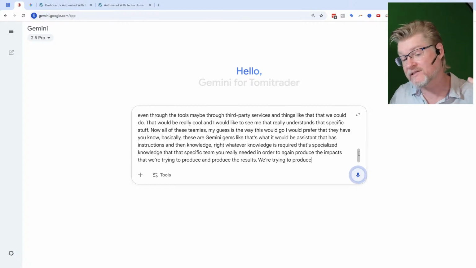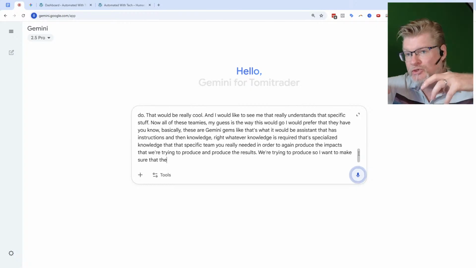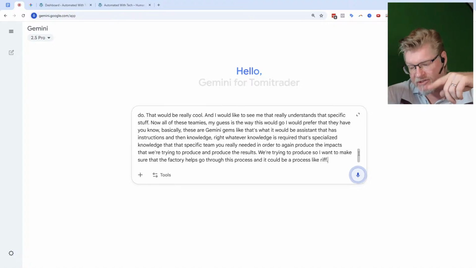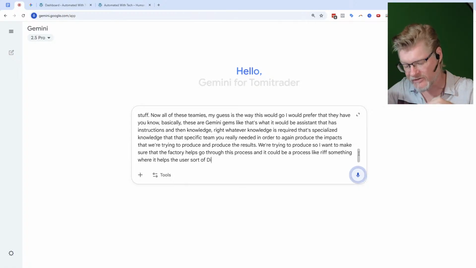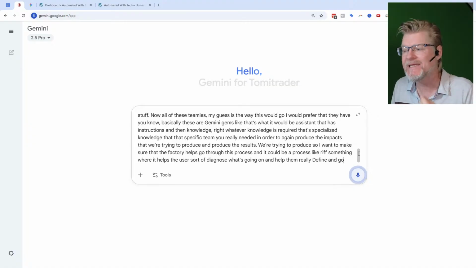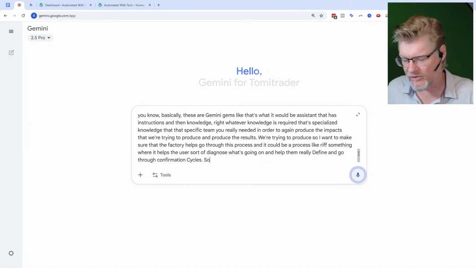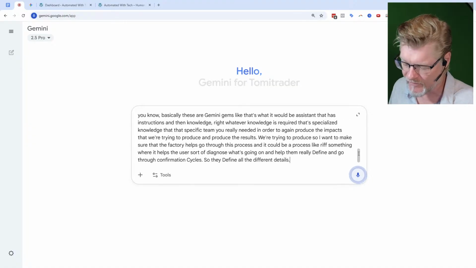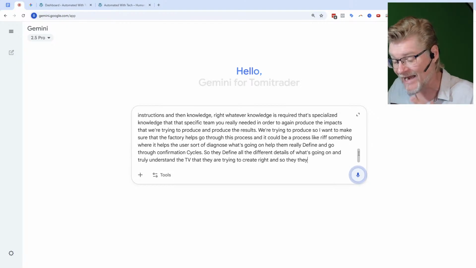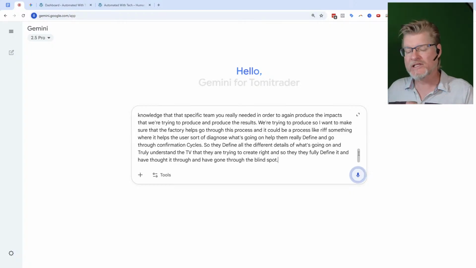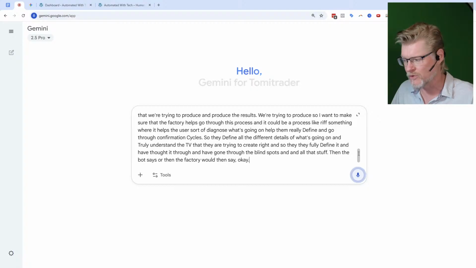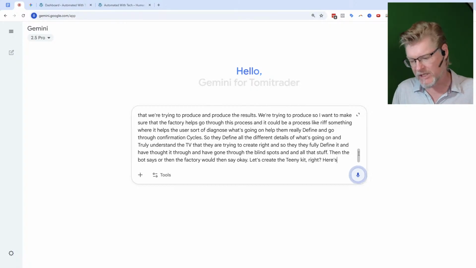And it could be a process like RIFf, where it helps the user diagnose what's going on, and helps them define and go through confirmation cycles so they define all the different details of what's going on and truly understand the Teamie that they are trying to create, right? And so they fully define it and have thought it through and have gone through all the blind spots and all that stuff. Then the factory would say, okay, let's create the Teamie kit, where here's the impact that's going to happen from this. And assuming the user goes, yes, that's confirmed, we now know the Teamie and the impact, let's go ahead and